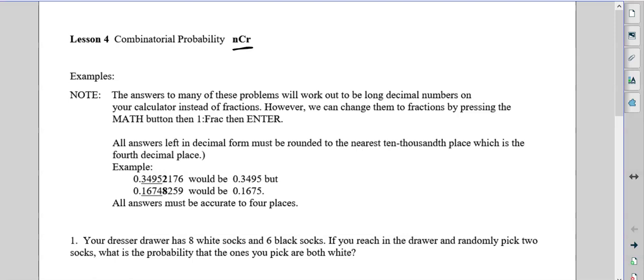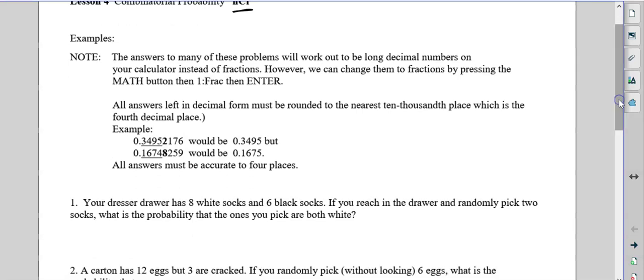All right. The answers to many of these problems work out to be long decimals on the calculator. But as I've shown you before, if you just hit math, and then the first thing that comes up is one fraction, just hit enter, it'll convert it to a fraction. Most times. Sometimes it can't compute it, but most times it will. It'll be no big deal. But if it won't convert it to a fraction because it can't handle it, then we're going to round to the fourth decimal place, the 10,000th. Okay? So for example,